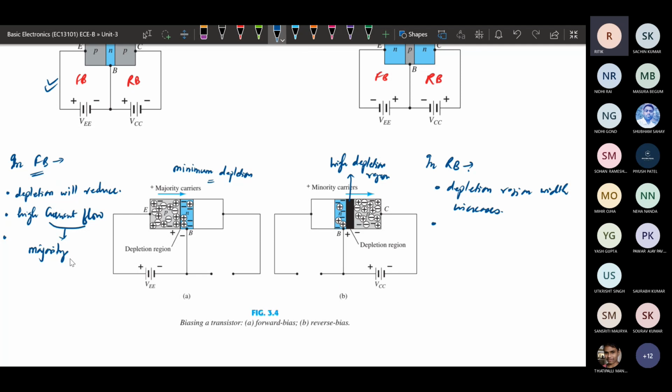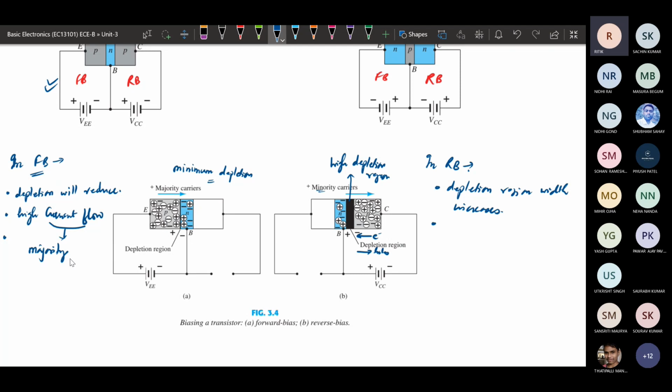Electrons are moving from here to here, and holes are moving the other way. Opposite to the electron movement is the current flow direction, so overall the current will flow from N to P region, because of the minority carriers.